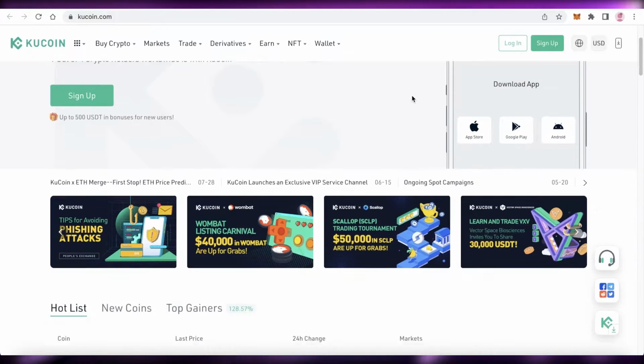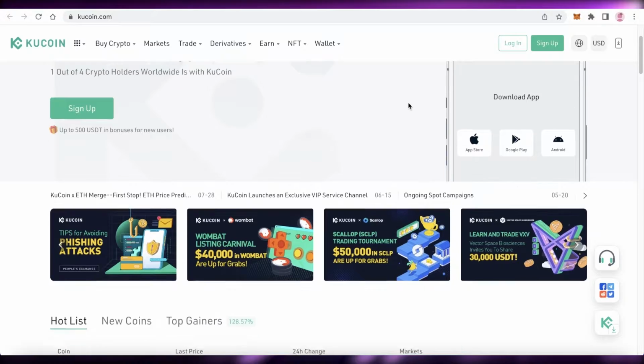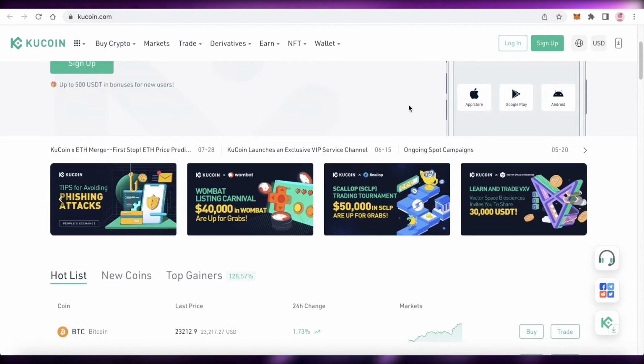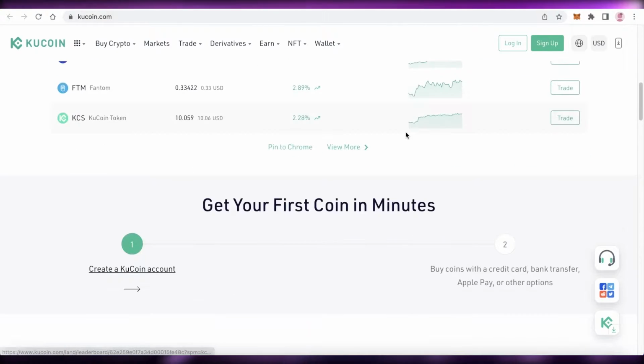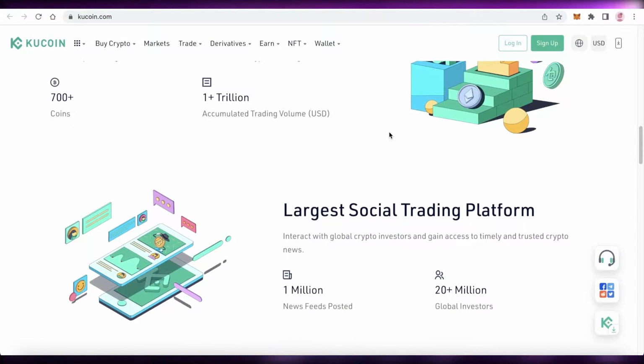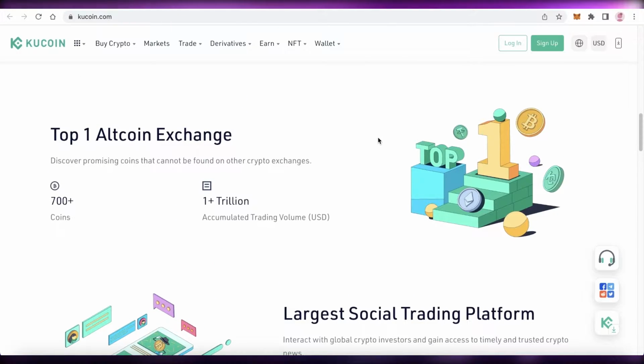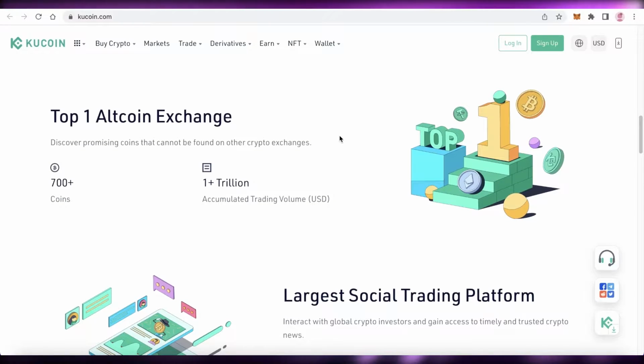Today we will be taking a look at Kucoin.com, which is a cryptocurrency trading platform, and how you can get started and start trading in the futures market on Kucoin. So let's get into it. Now, it is one of the largest social trading platforms that enables you to invest or trade or just simply save your cryptocurrency, and they are ranked as the number one altcoin exchange with over 700 coins and 1 trillion accumulated